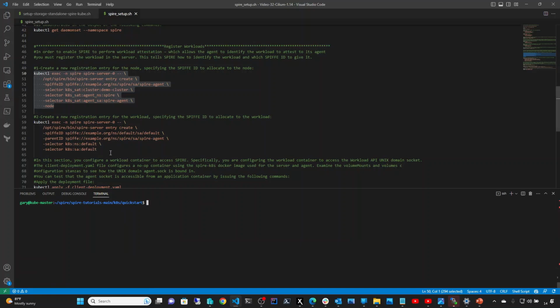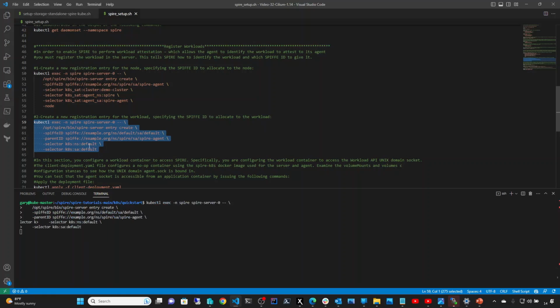And now we simulate a situation where a pod has been created and now it needs to be registered. So the kubectl exec, we need again to exec into the SPIRE server and run this command. So dash SPIFFE ID, we give the name for it. And then again we add a selector, and also we specify the parent ID for it. So the selector would be the namespace and the service account for that namespace, which is default and default. So let's go with that. Now we have defined a